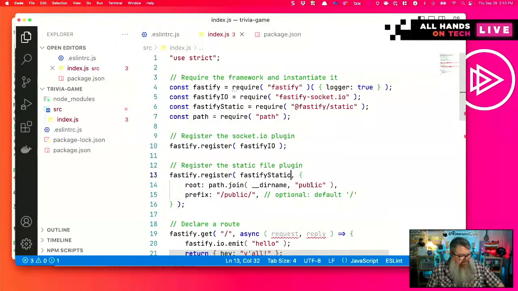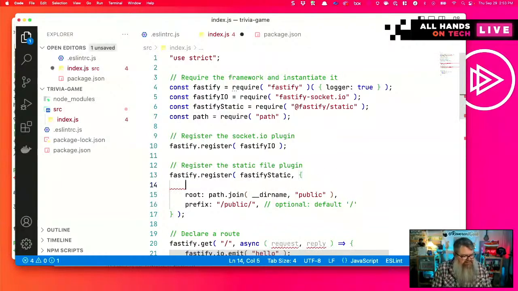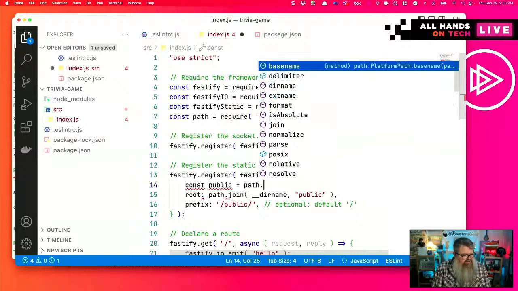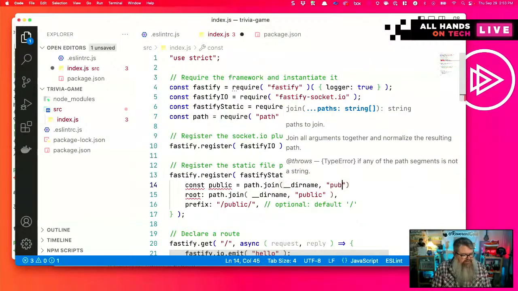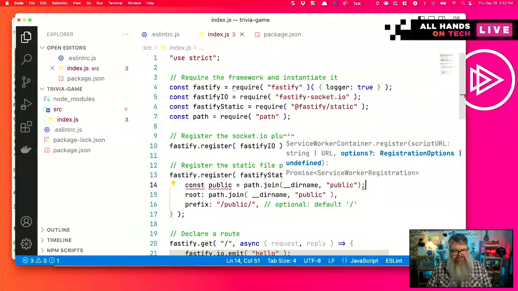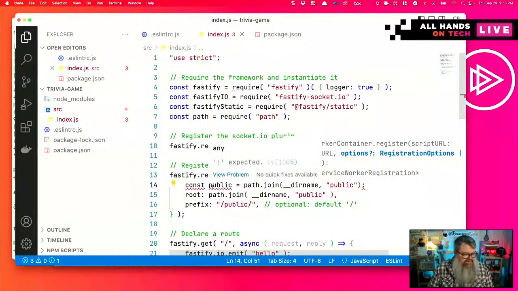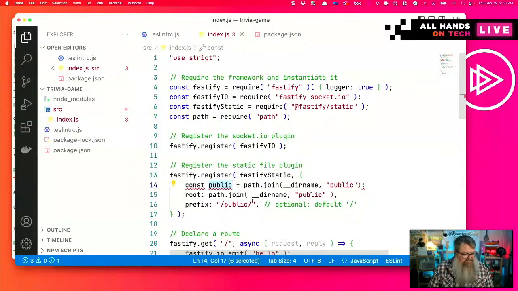And we can use a public, let's see, const.